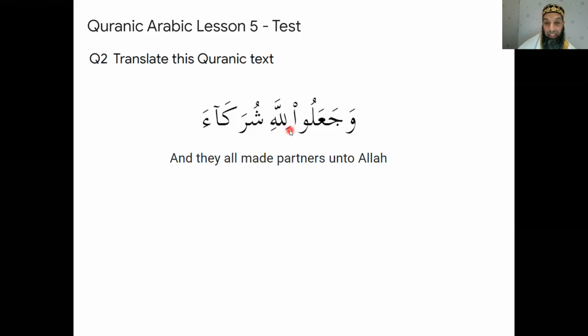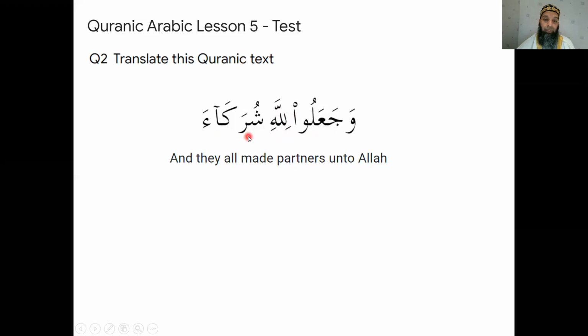Yes, the lam. This li, it's either a harf jar or it's like a harf jar. It behaves like a harf jar, which means it's one of those majroorifying letters that attaches onto a word. So it's going to make Allah majroor. So وَجَعَلُوا, they made, lillahi, for Allah, with Allah, about Allah, unto Allah,